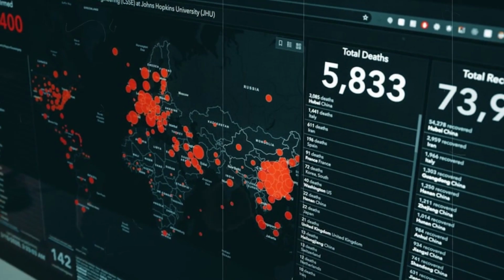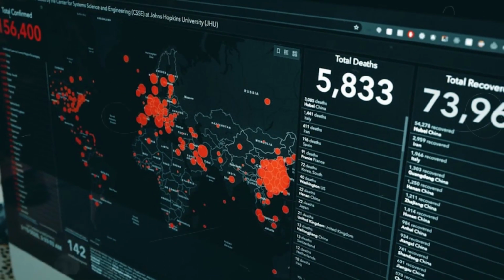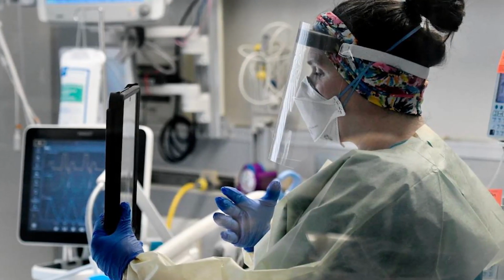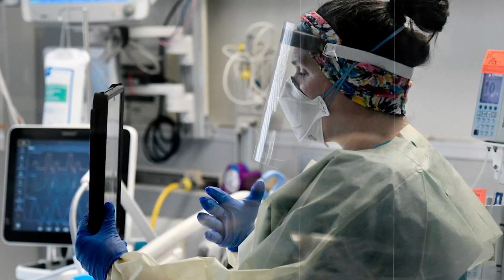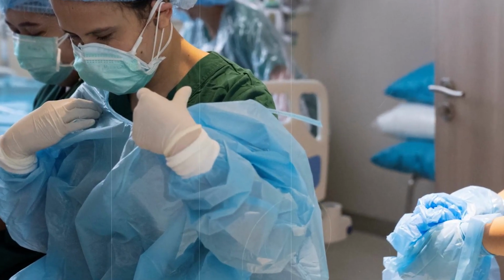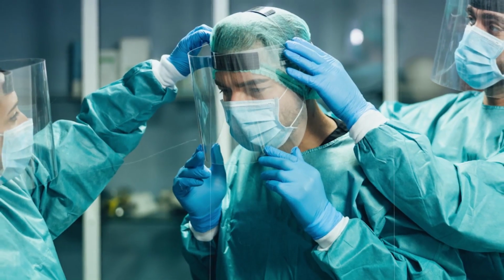This requires strong surveillance systems and effective communication between local, national, and international health authorities. Another lesson is the need for robust healthcare infrastructure and resources to support large-scale public health interventions. This includes having adequate supplies of personal protective equipment, diagnostic tools, and medications, as well as trained healthcare workers who